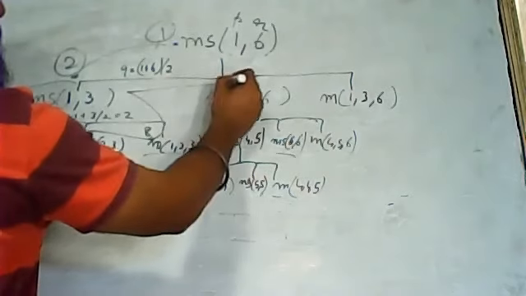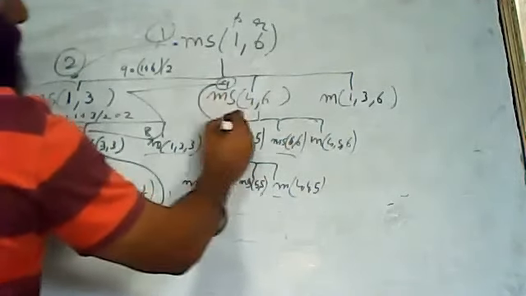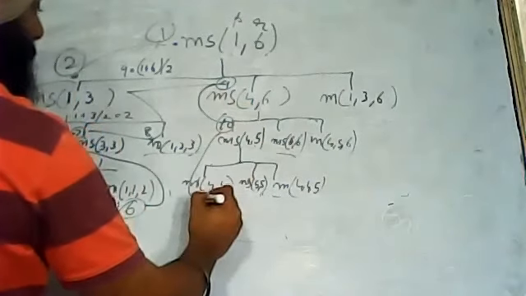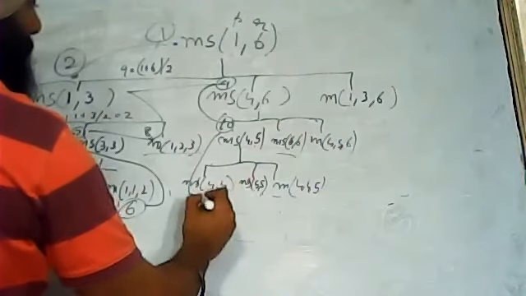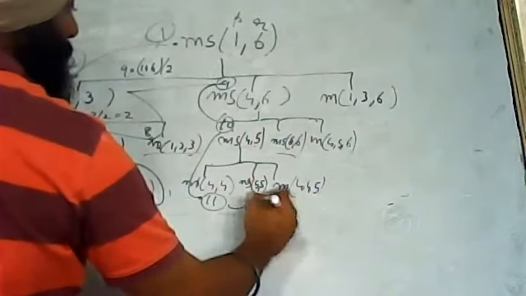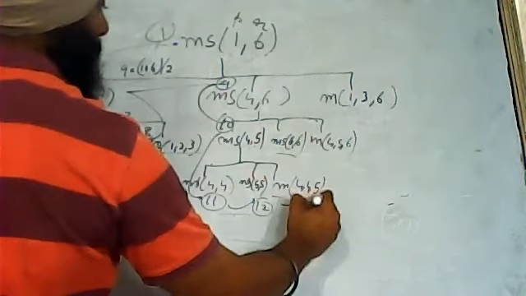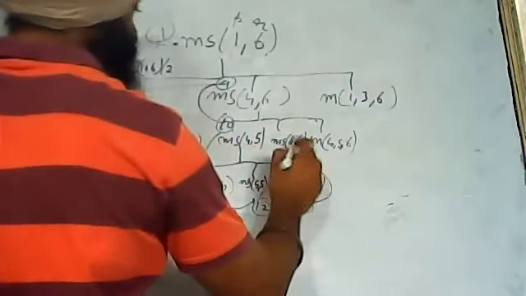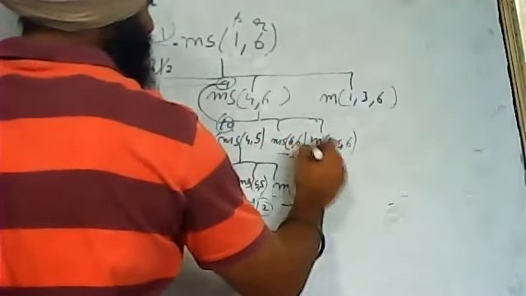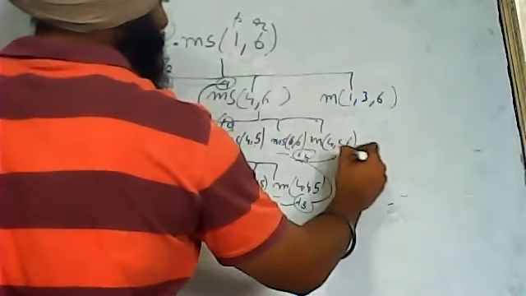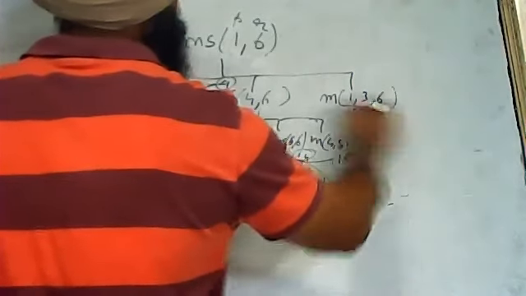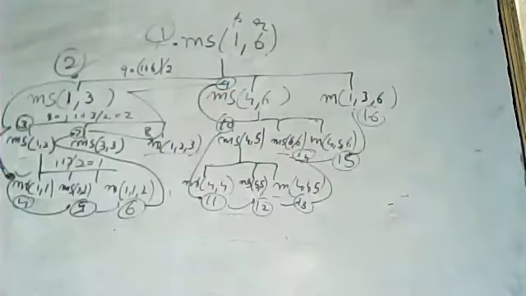And this one is 9 and 10, and then this one 11, 12, 13, 14, 15, and at last this will be 16 after going from this side. There will be a total of 16